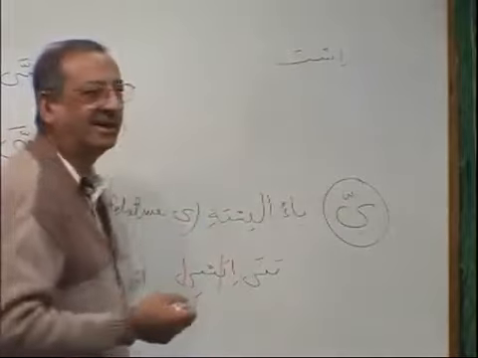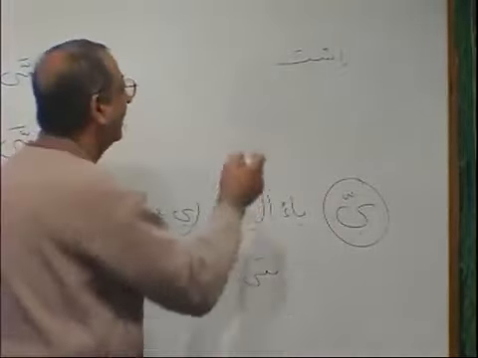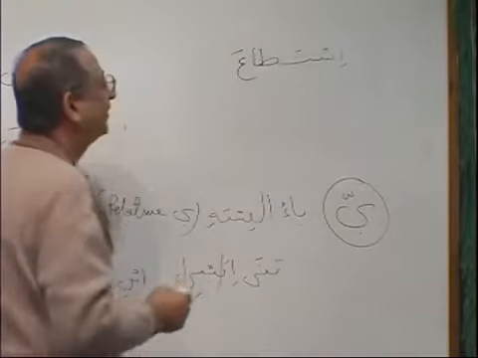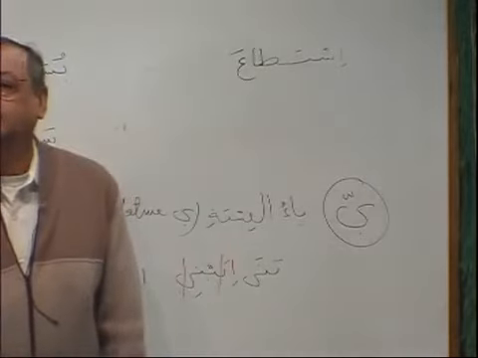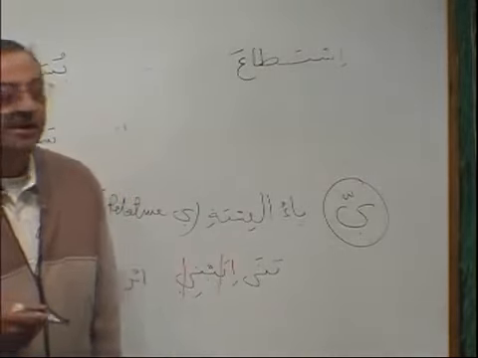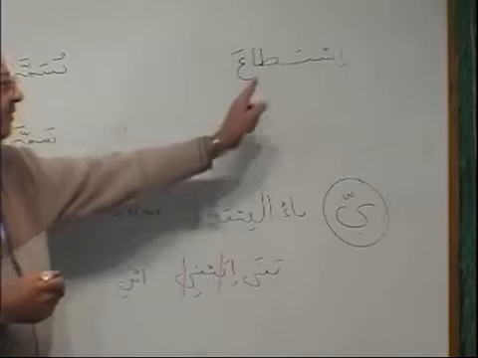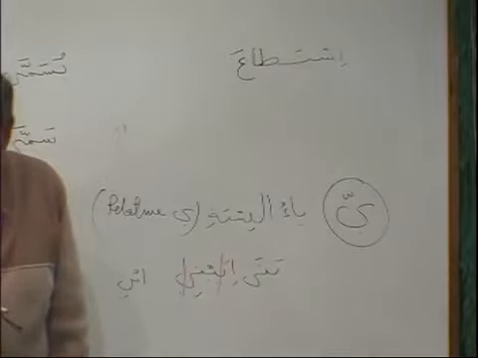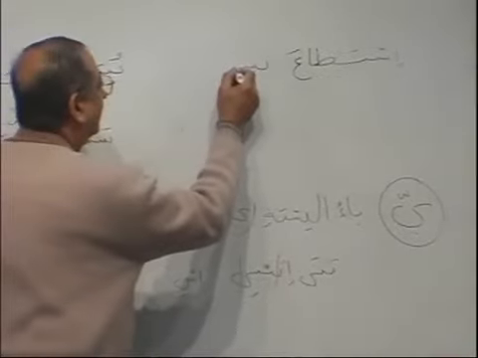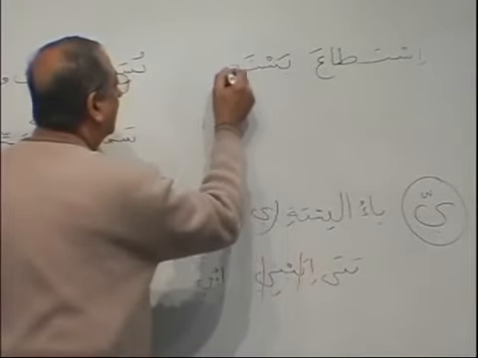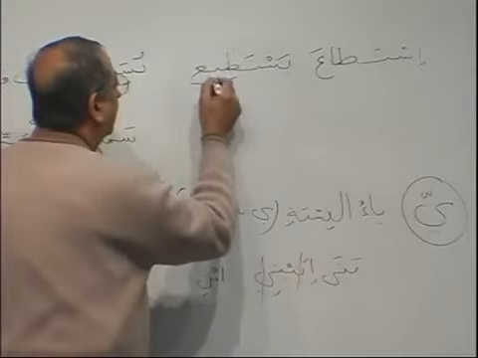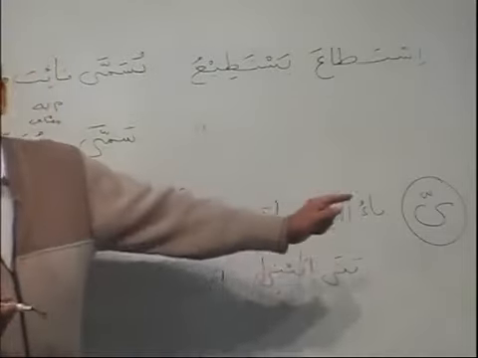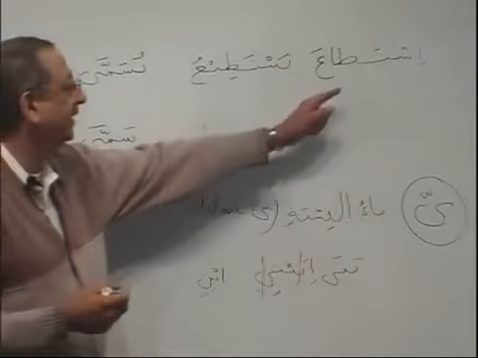Ista. When you see ista, it is form 10. And then what is the verb? Istata'a. To be able to. Istata'a. Make it mudari'. Ajwaf. Are you with me? Ajwaf. Make it mudari'. Yastati'u. Yes. Very good, brother and sister. Try to conjugate this at home. Okay? Istata'a,